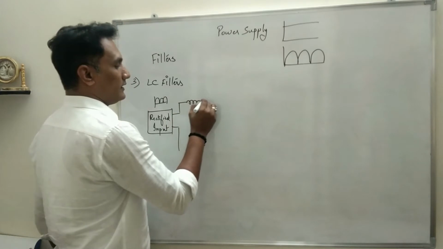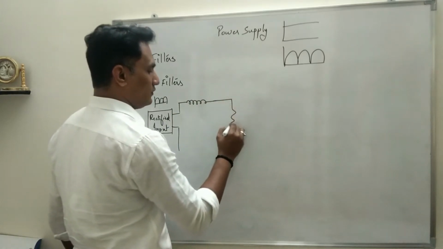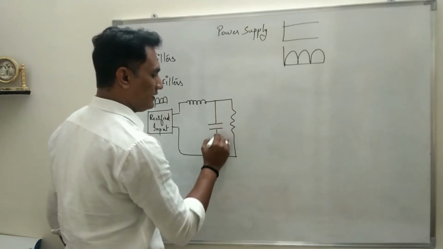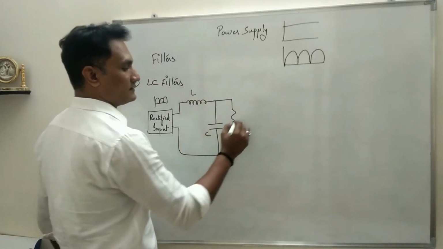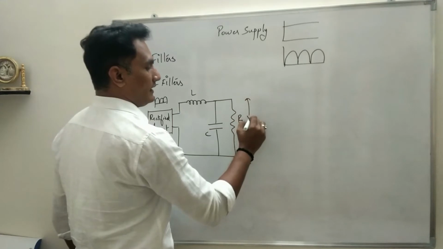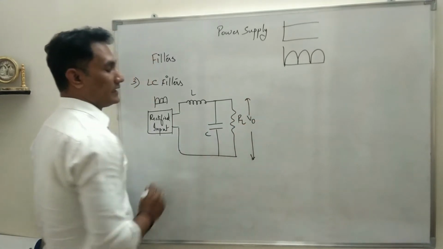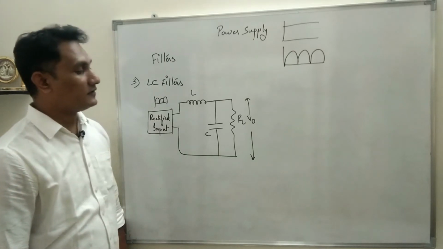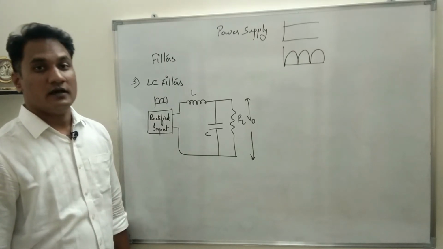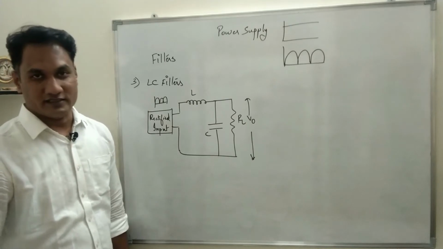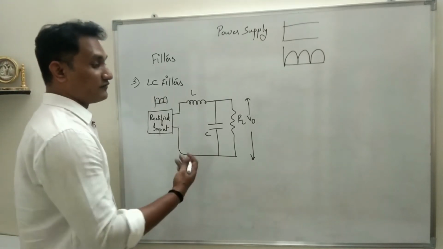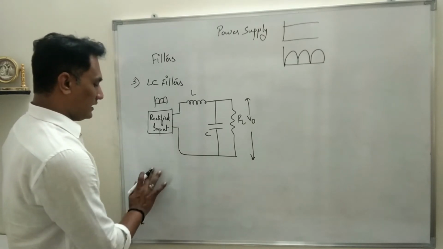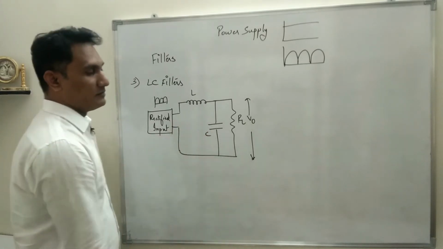And now in case of this circuit, what we will do is connect both an inductor and a capacitor, LC, where the inductor will be connected in series with the load resistance, whereas the capacitor will be connected in parallel to the load resistance. You know the reason now, because of their behavior, this is how it will be connected. Again, when you explain this circuit, this question can be asked for 3 marks.